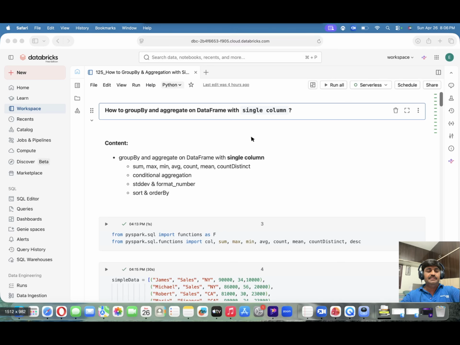Hello everyone. Today our topic is how to do group by and aggregate on a data frame by using a single column. So in this video, we are going to see the below content: how to group by and aggregate on a data frame with a single column, by using aggregate functions like sum, max, min, average, count, mean, and count